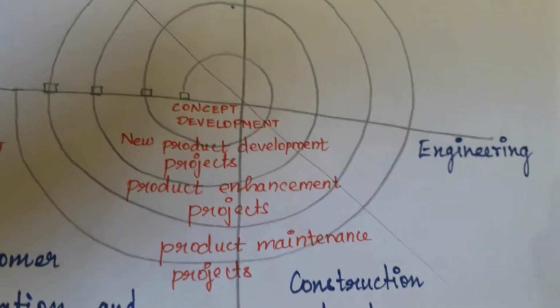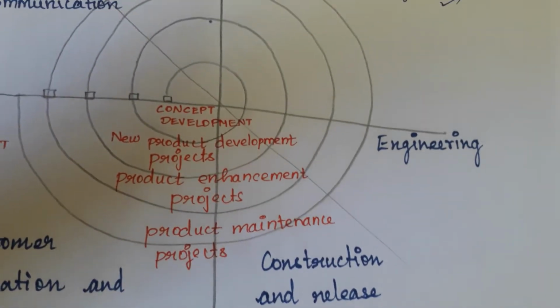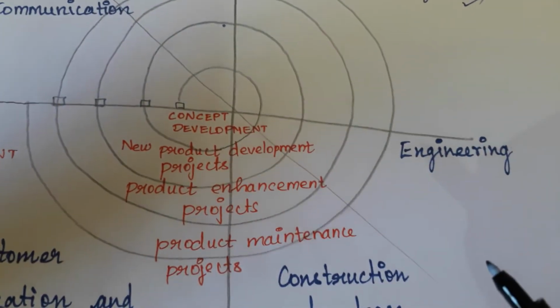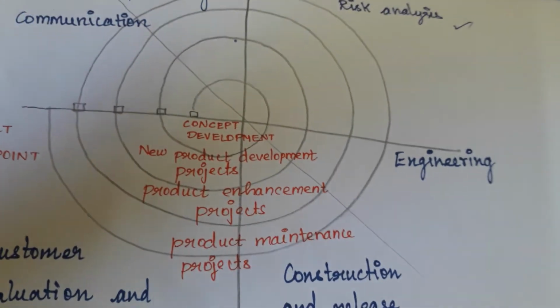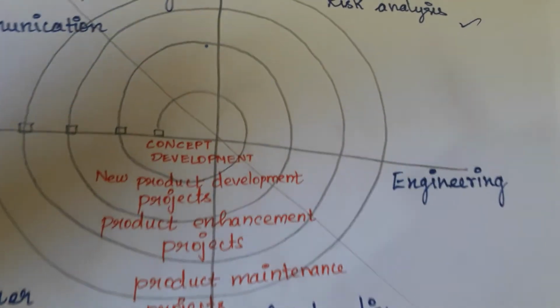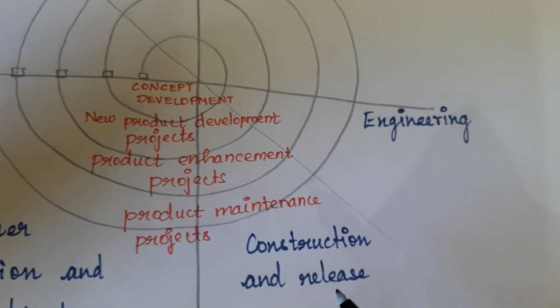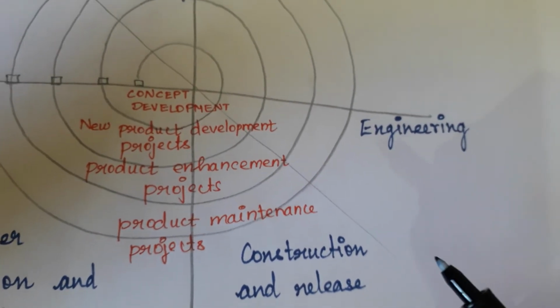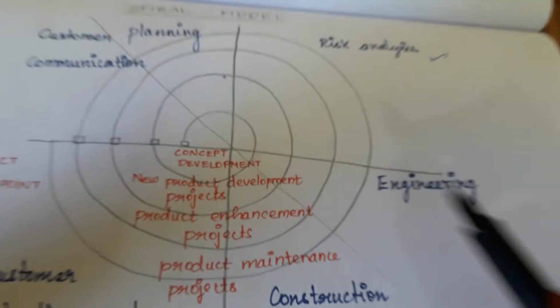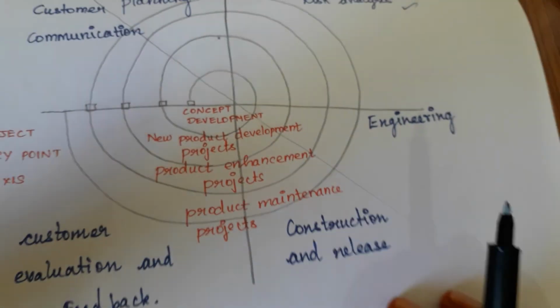The main drawback, as we already saw, is customer communication. If the customer is not properly answering, or the customer is not from a technical group, then the project will not be up to the mark. It demands considerable risk assessment. If the risk assessment is done properly, then only a successful product can be obtained. These are the flaws, drawbacks and advantages of this spiral model.